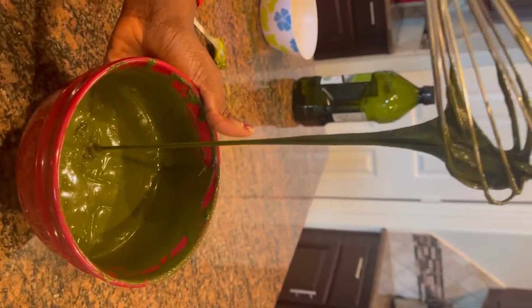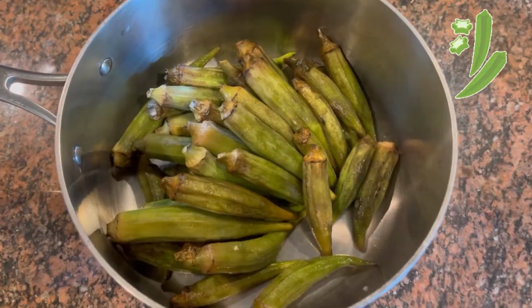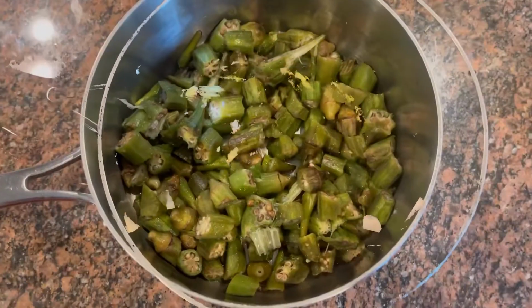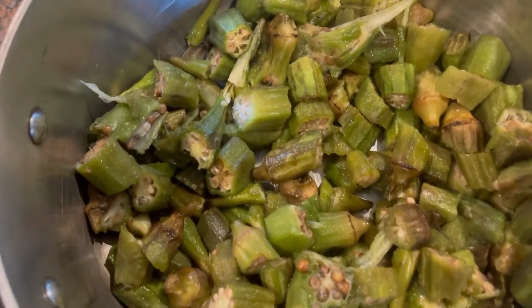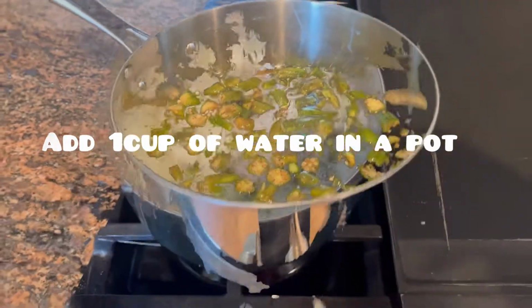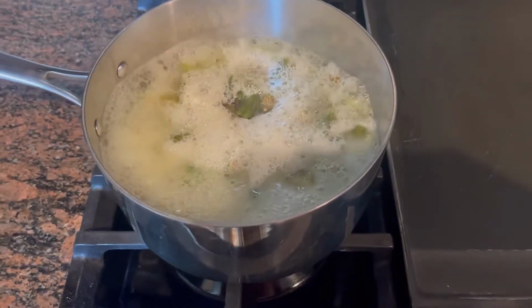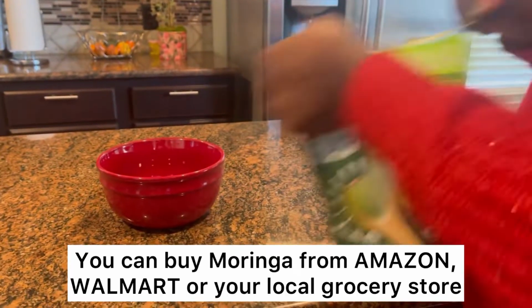Today, I have a very interesting tutorial for you as always. This is moringa that you see me whipping. Moringa and then okra. So this okra, I had left it in the deep freezer, and all I did was wash it and cut it. Then I added a cup of water in a pot and proceeded to boil it with low heat. We all know the moisturizing effect of okra. And then I went ahead and added my